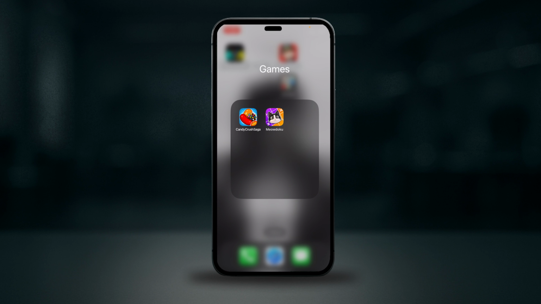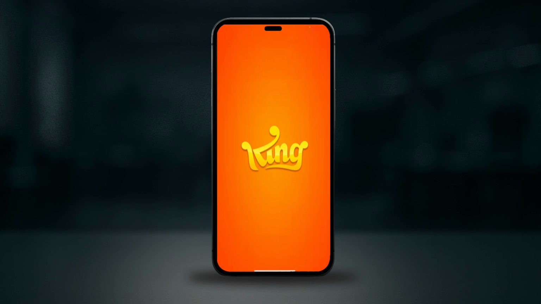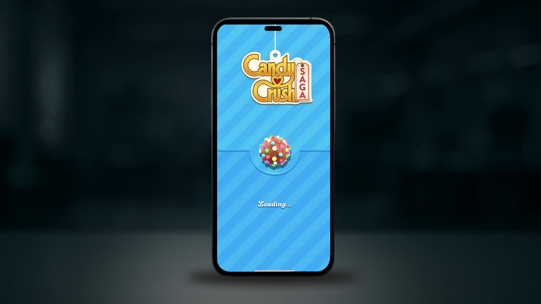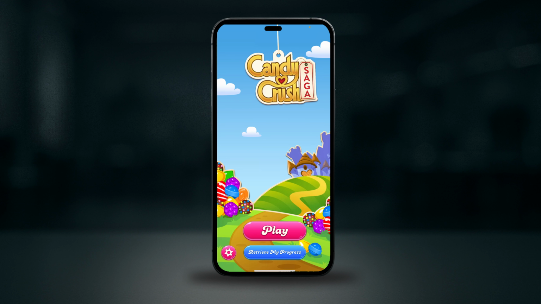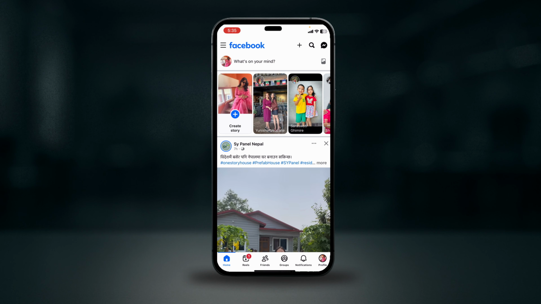Then, reopen Candy Crush and log back into Facebook fresh from the login screen, and give it a few minutes after logging in for your friend list to repopulate, since this can take longer than expected the first time. If your friends are still not showing, open the Facebook app